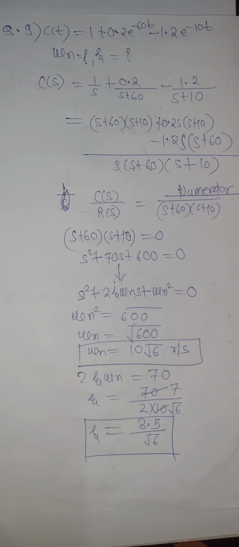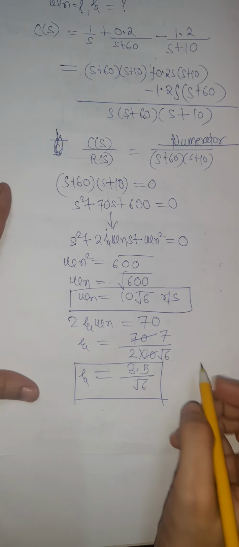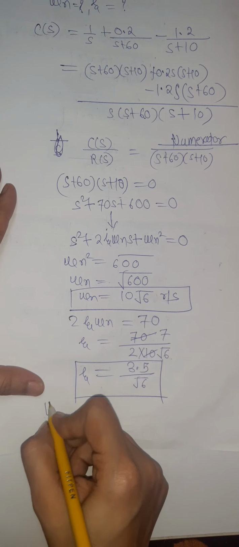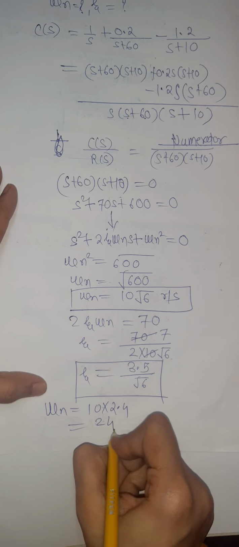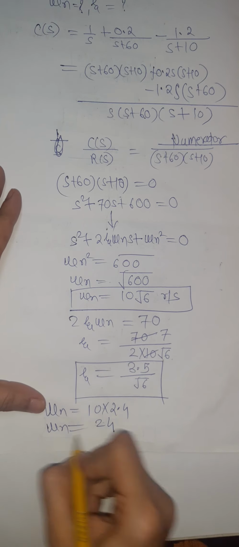So I can write 2.4 something can be the value of this root 6. So omega n is equal to 10 into 2.4, so it will be nearly equal to 24,